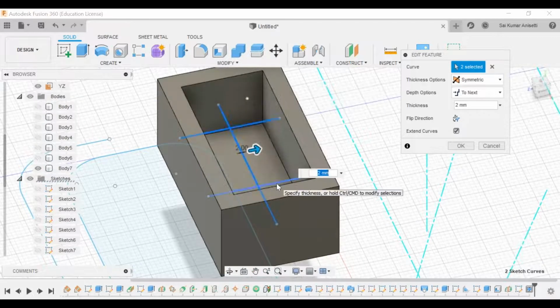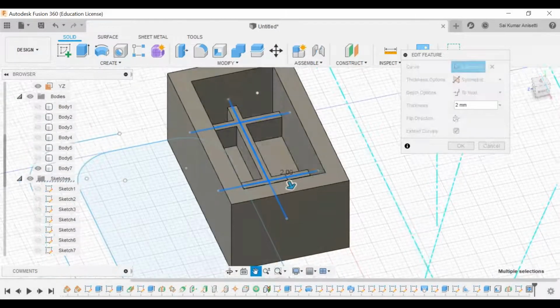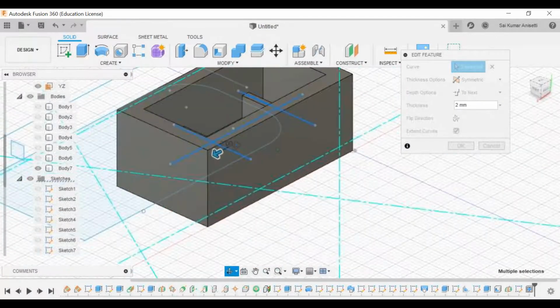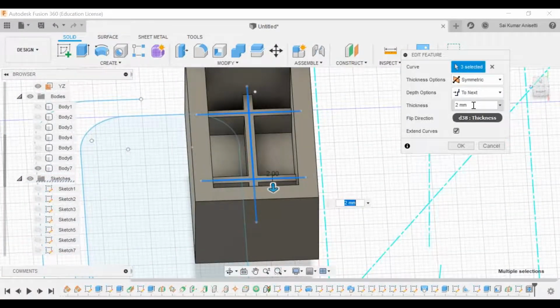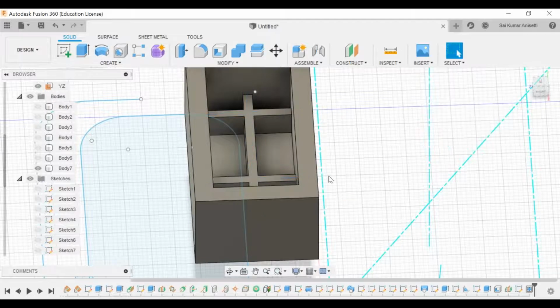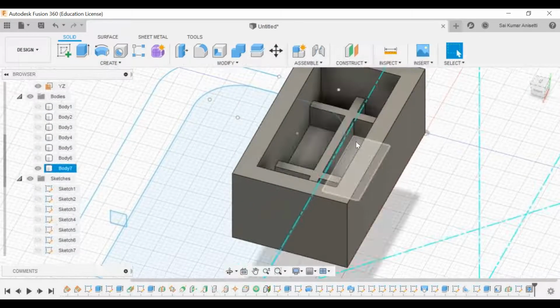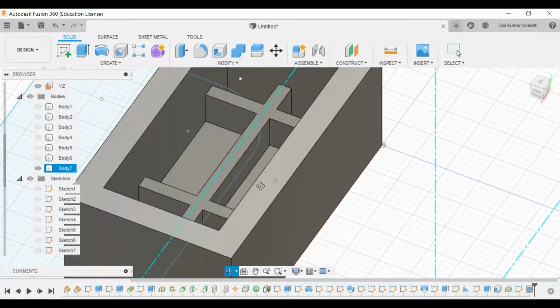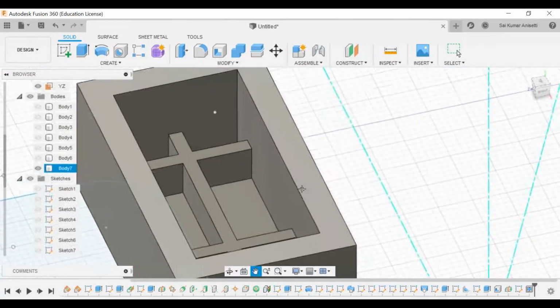You can select 1, 2 and 3. All the 3 sketches you can select combinedly, or else if you want only one web, you can go with only a single web. So the web thickness can be of 2 mm or 3 mm, whatever it might be. So you can draw your honeycomb structure, or else you can draw any given triangular shape. Whatever it might be, it will create a simple web-like structure.